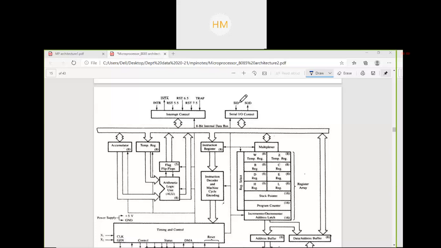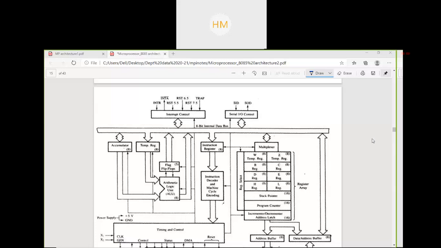Serial input data. So a single bit can be accepted through this pin. This pin is connected with any peripheral IC. So it can receive only one bit of data at a time. So serially, you can receive multiple data. SOD is serial output data. A single bit can be sent out through this pin. In serial transmission, data bits are sent over a single line, one bit at a time, such as transmission over a telephone line.